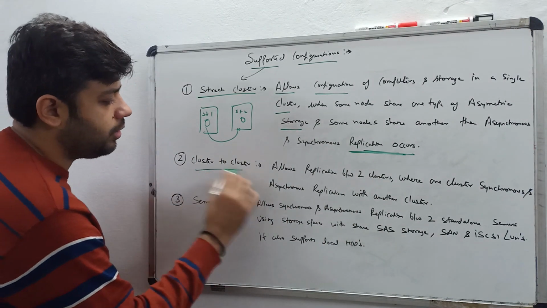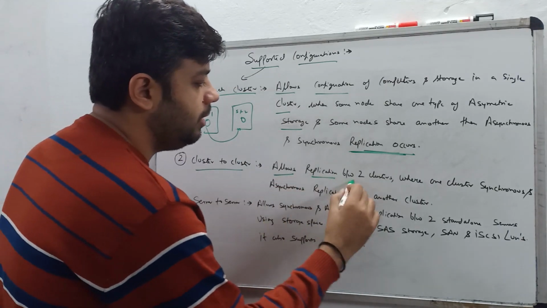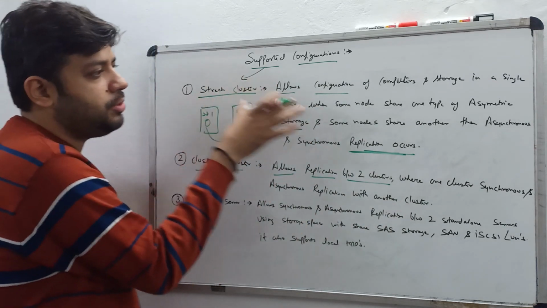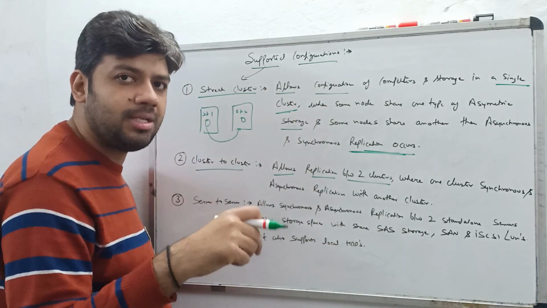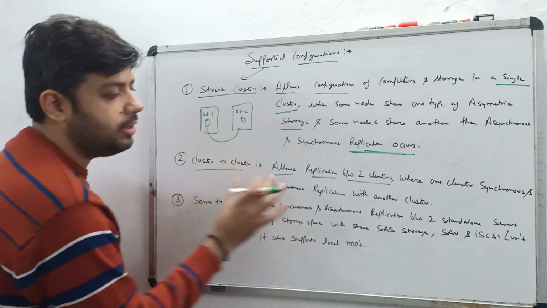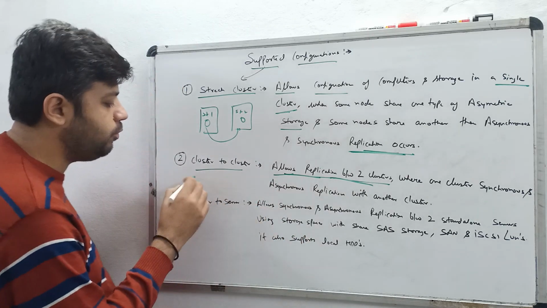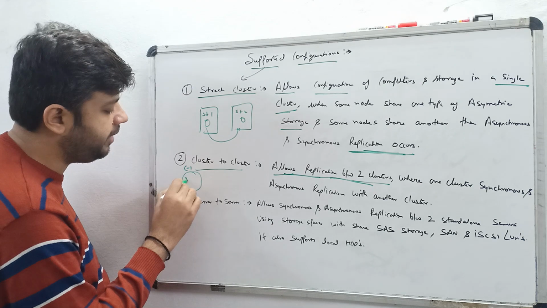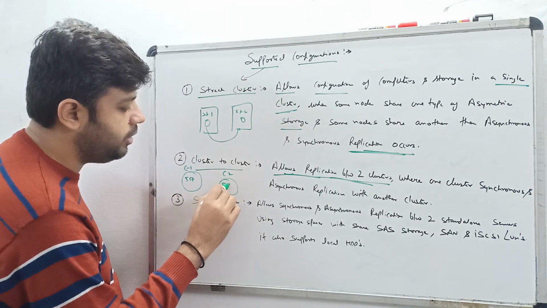Now we have cluster to cluster, if you are using 2 different clusters. It allows replication between 2 clusters. Like imagine the stretch cluster is used in a single cluster, where you have a single cluster and so many storages in it. But in cluster to cluster, it allows replication between 2 clusters. Now we have 2 clusters. This is my cluster 1. In this cluster 1, we can say that we have 5 storages. And this is cluster 2. We have 5 storages again.